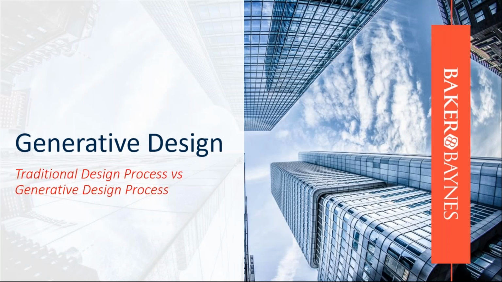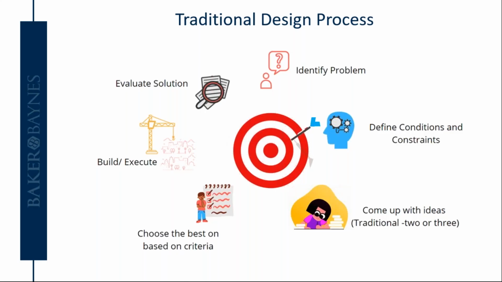So just to compare the traditional design process versus the generative design process, you'll see this is probably very familiar, and most problem-solving approaches would follow this kind of cycle. It starts with identifying the problem. So you see that there's a problem or there's a need that needs to be fulfilled. You would then define the conditions and the constraints that the solution needs to be in. And then you would come up with ideas and different types of solutions that would solve this problem within its